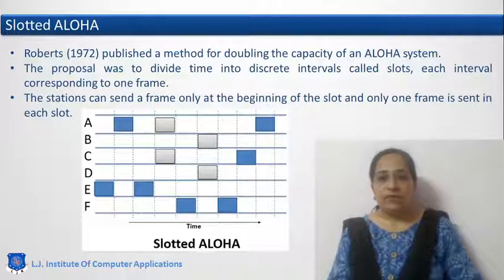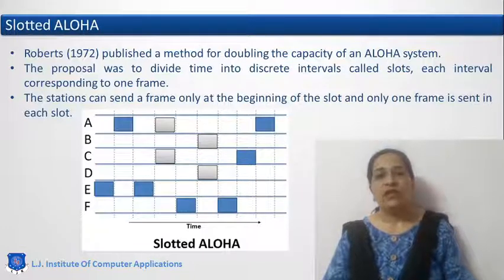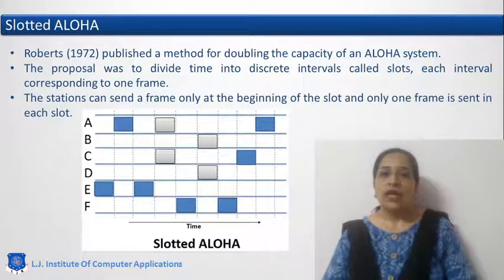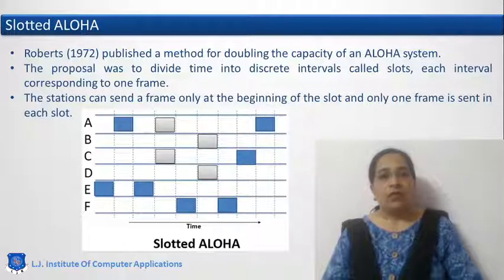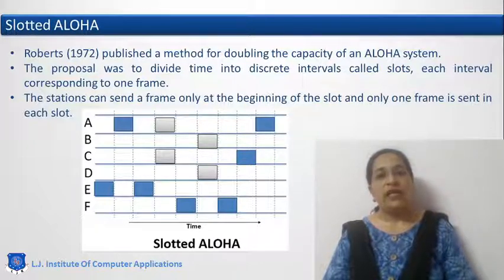What is the difference here? It divides the time into discrete intervals, called slots. Now what is the duration of that time slot? It is the frame time, meaning the minimum time the frame will reside on the channel. So there are fewer chances of collision, since multiple frames are less likely to be on the channel at a time. So the station cannot send immediately. Now what does the station have to do? If the station or user has data to transmit, they have to wait for the next time slot to begin.